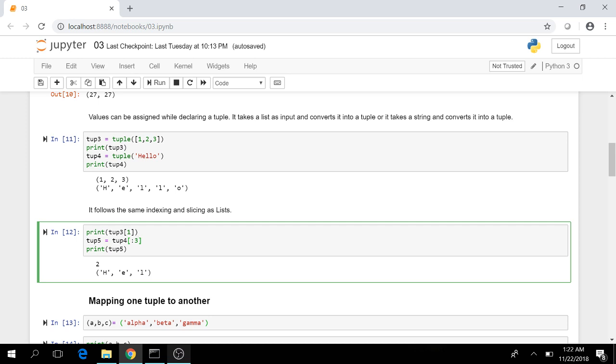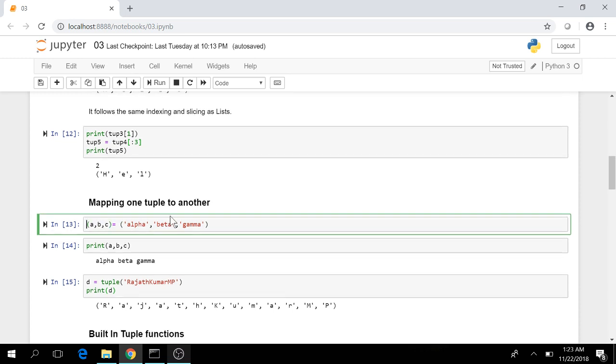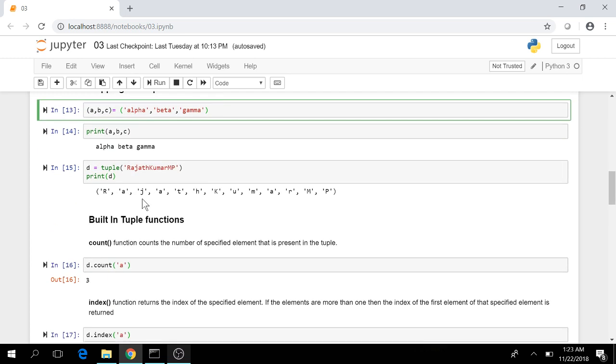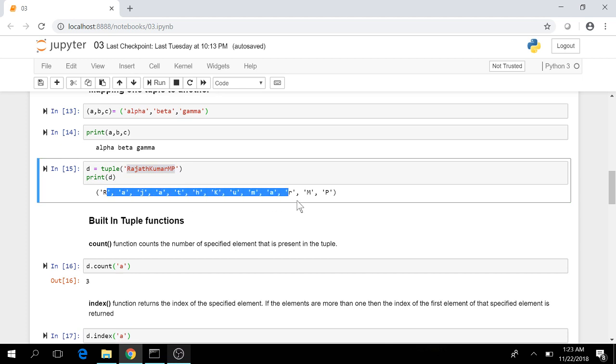Moving down, we can associate or map two tuples with each other. In here we have three elements, and in here we have three elements. If we want to map A with alpha, B with beta, and C with gamma, we can do it this way. Again, if we pass a string into the tuple keyword, it's going to return us back this tuple,